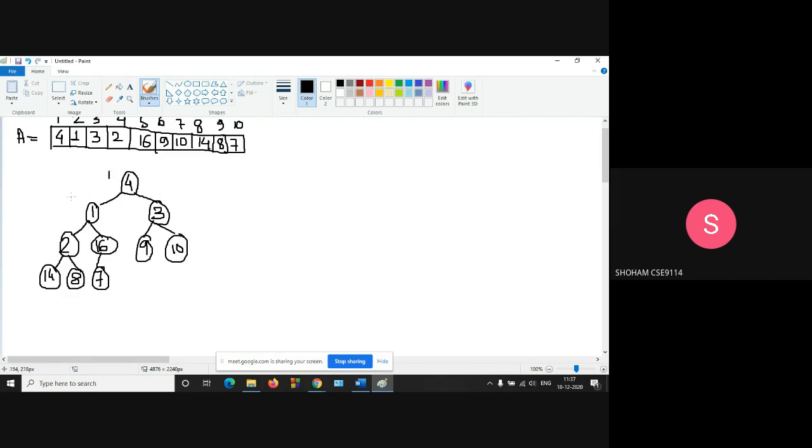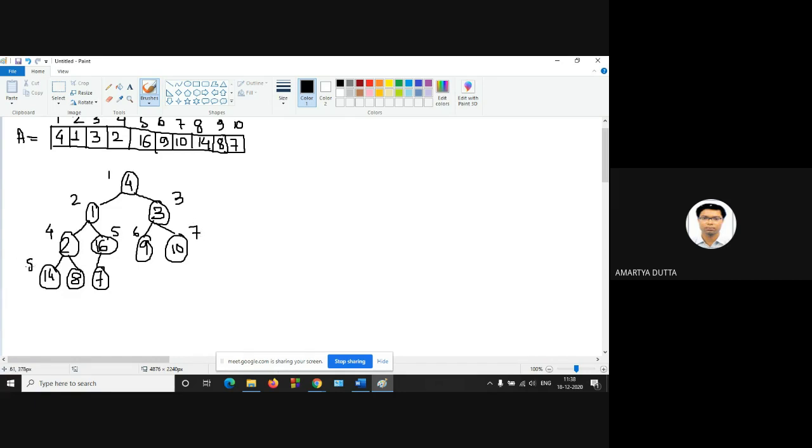Okay, is it a heap? No, like if we apply the heapify function, then we can turn it into a heap. Right now, it's just a complete binary tree. So it is not a heap. Heap means its parent should be greater than its child for max heap. For min heap, parent should be less than or equal to its child.